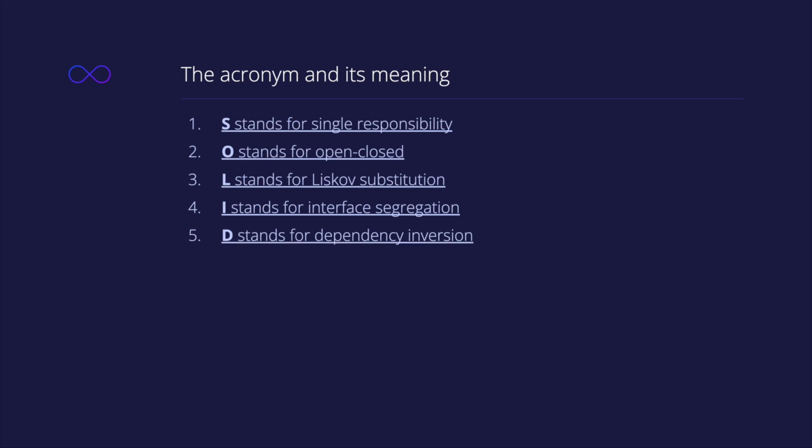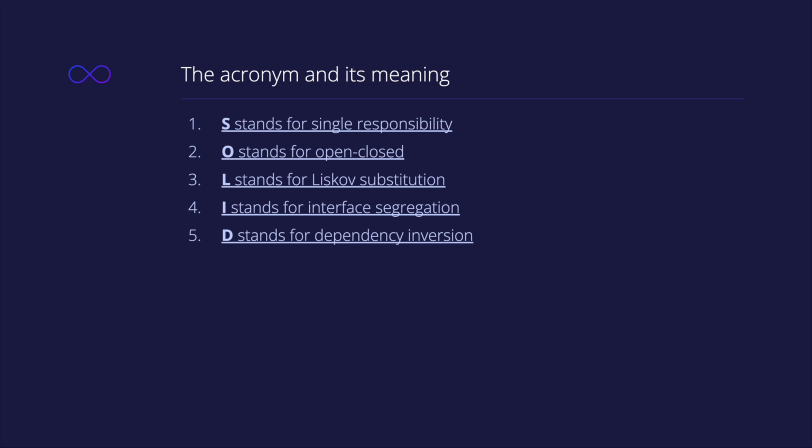The dependency inversion principle is a SOLID principle that states that high-level modules should not depend on low-level modules, but both should depend on abstractions. It also states that abstractions should not depend on details, but details should depend on abstractions. In other words, this principle suggests that we should rely on abstractions rather than concrete implementations to reduce coupling and